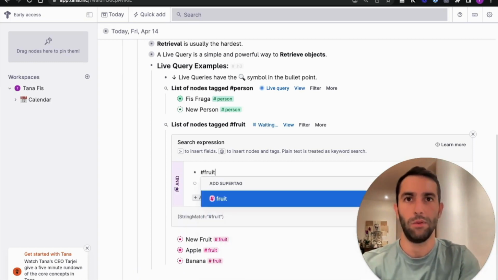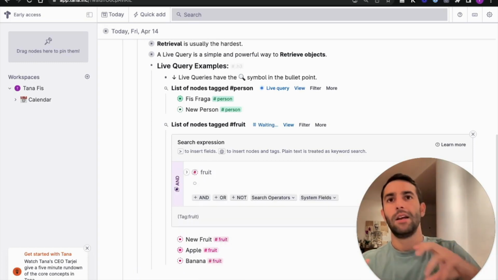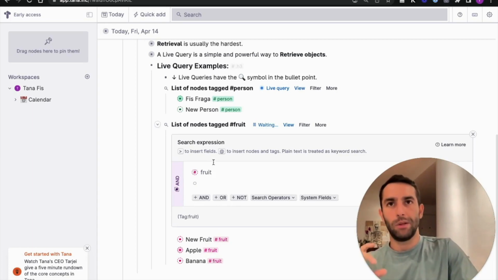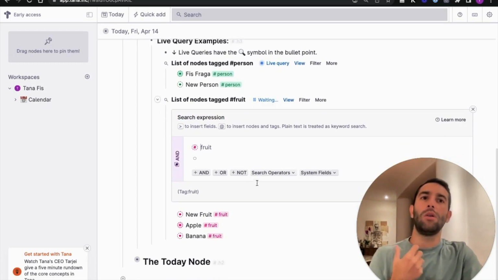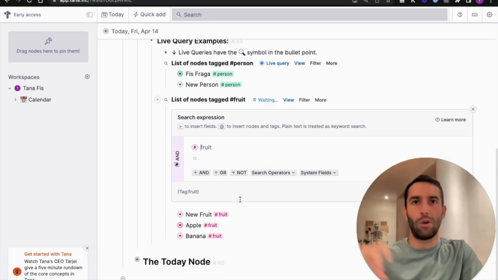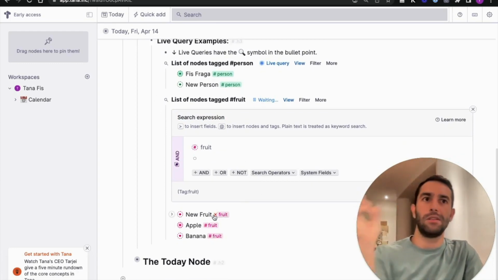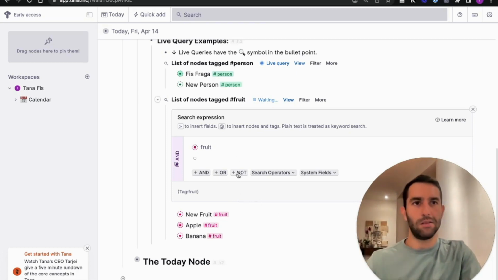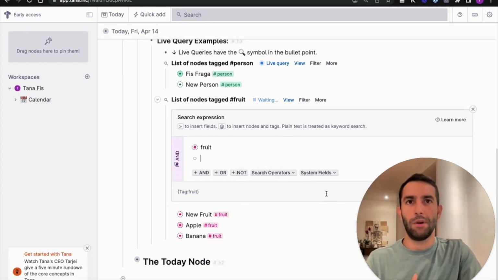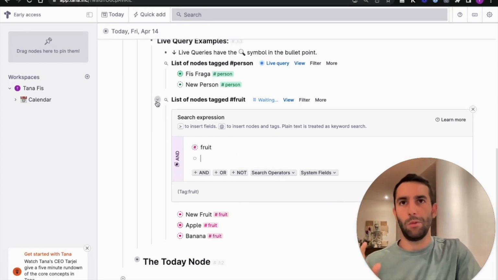For example, fruit. Whenever I add this super tag to the search expression, I'm going to receive all of the nodes which have the tag of fruit in this search. And I can add more complexity here, but this is something for another moment.